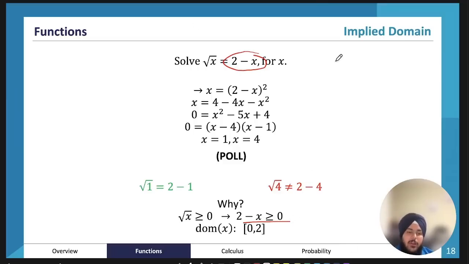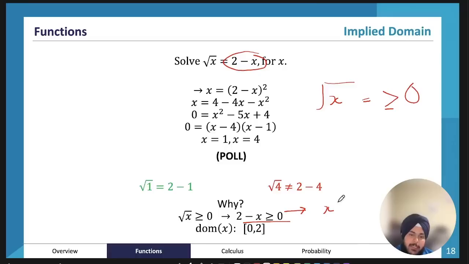So that's because, let's say we have root x, and let's say we put 2 inside, this value is also going to be greater than or equal to 0. So therefore 2 minus x is also greater than or equal to 0. So therefore our domain is actually going to be between 0 and 2, because if we rearrange this, we will get,